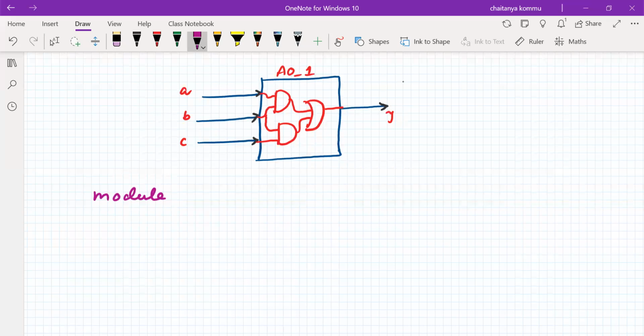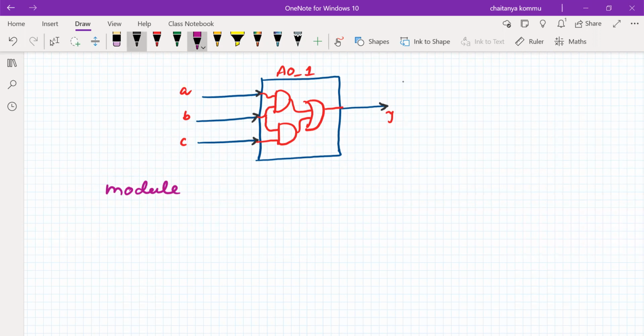So small case letters that we have to use. Clear? So all are small case letters only we have to use. Module. So that means in Verilog point of view, this black box can be treated as a module. We have to use small letters only, since as I told you that it is case sensitive. That means that the module name must be in the lowercase letters only. So we have to follow that. There is no doubt at all.